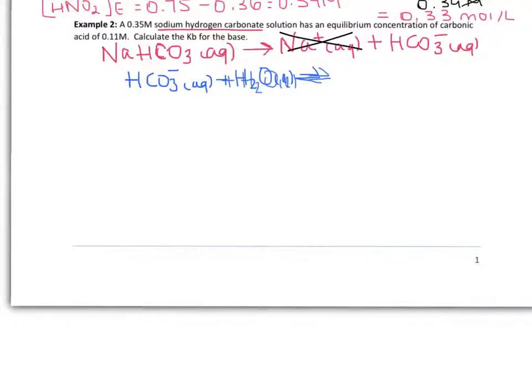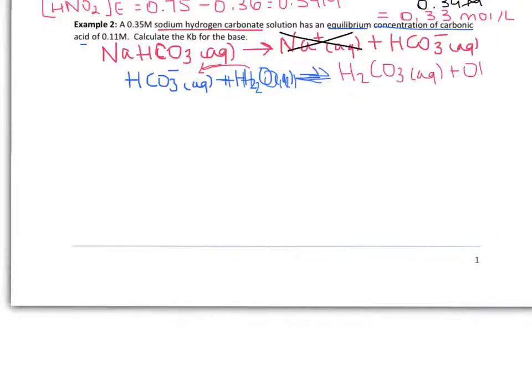Normally, one would predict that the hydrogen carbonate ion would act as the acid while water would act as the base. However, pay close attention to how this question is worded. You are being told that at equilibrium we have a certain concentration of carbonic acid, which means we need to make carbonic acid in this equation. In order to make carbonic acid, which is H2CO3, the hydrogen carbonate ion must accept another proton. So it is in fact acting as the base to produce H2CO3